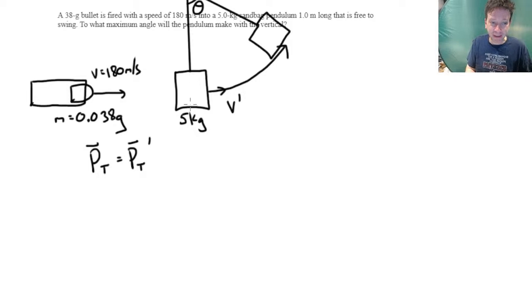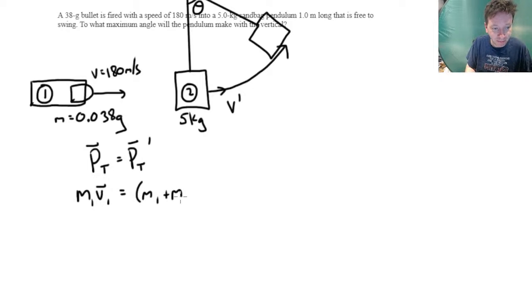Initially the sandbag doesn't have any momentum, so it's just the bullet. I'm going to call this object 1 and this object 2. So we just have m1v1, and that is going to equal, after they're stuck together and moving together, both masses, m1 plus m2, times their velocity after the collision, v prime. We can solve for v prime if we divide by the sum of the masses. So v prime equals m1,